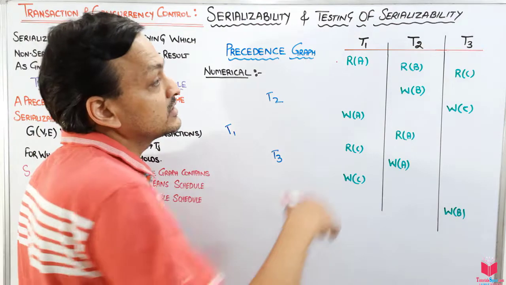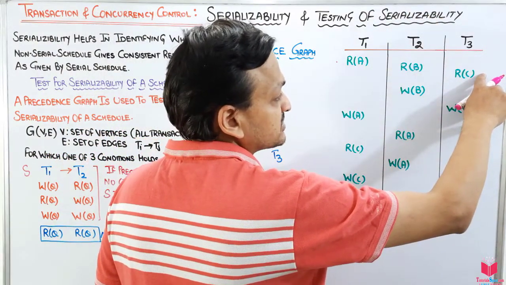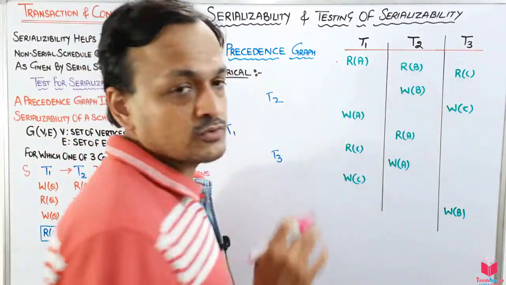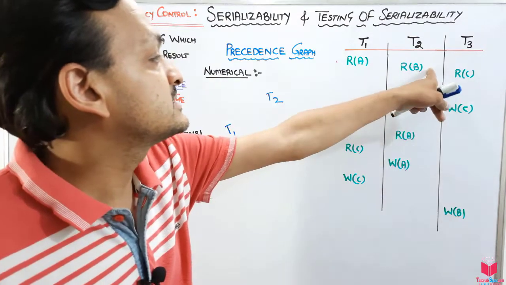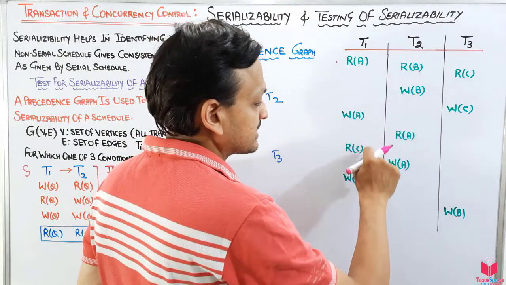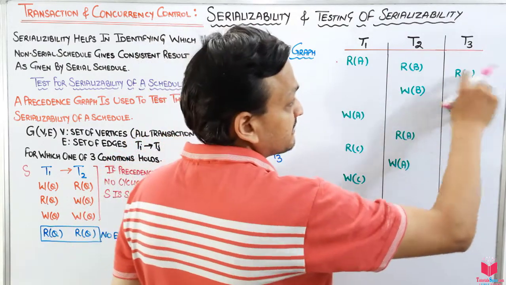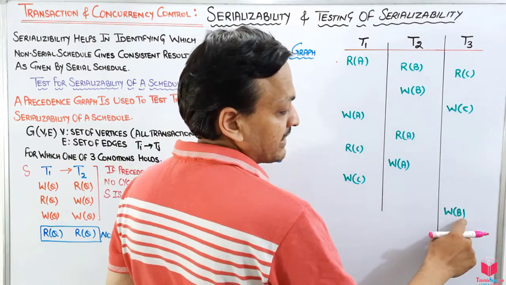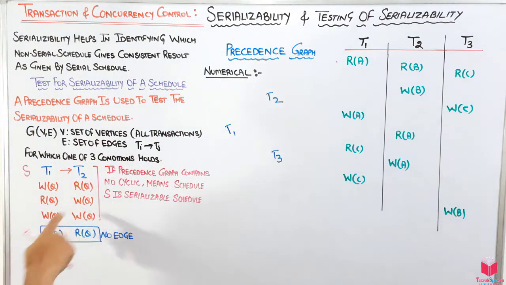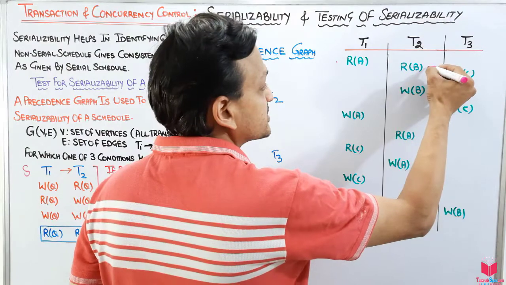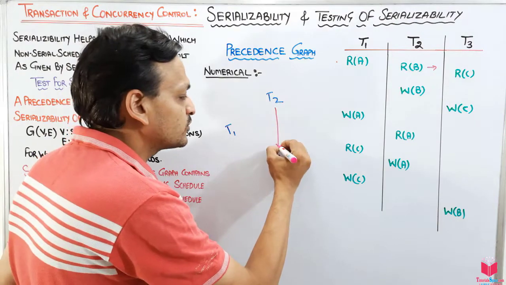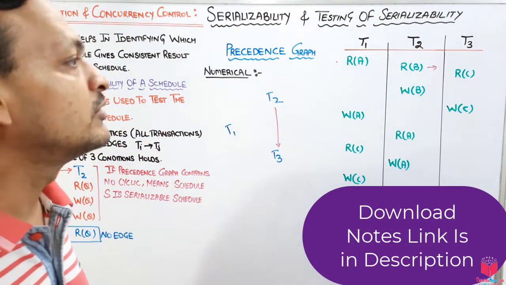Now move to transaction 3. This is an operation on the C variable and the B variable. There is no A variable, so I will leave this one also. Now move to this instruction on T2. This is a read on the B variable. So is there any B variable? A neglect, C neglect. There is a B variable which is having a write operation. This is a read, this is a write. That means there will be an edge. This operation will give you an edge from T2 to T3. Clear? Now move to another one.